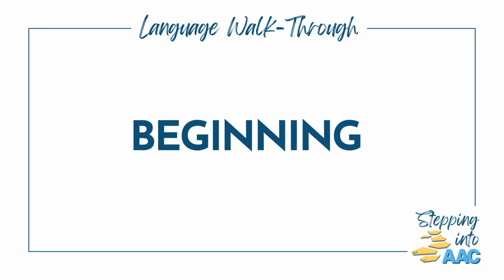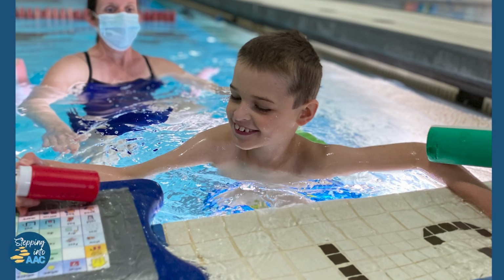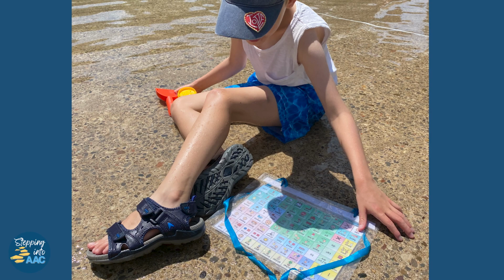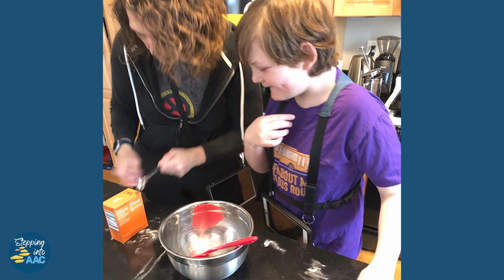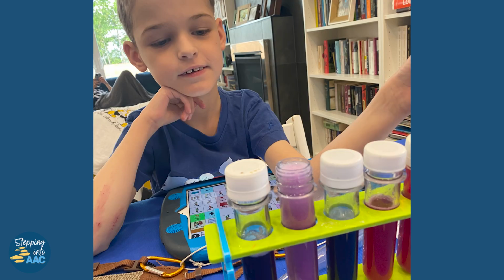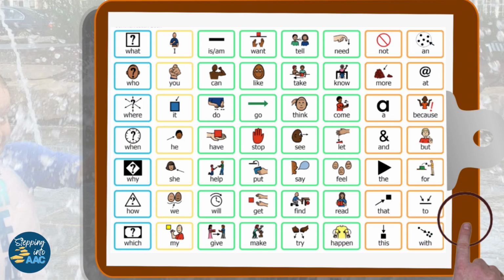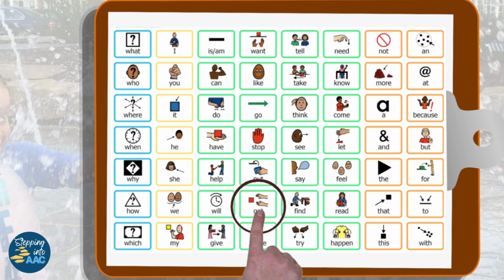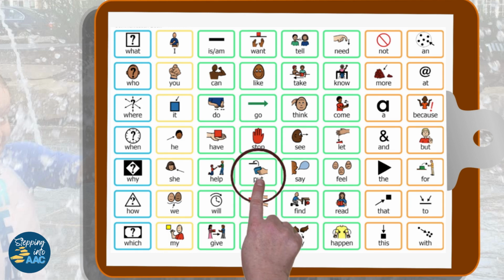Beginning. Wet or messy activities often begin with preparation. Maybe you are packing a beach bag or gathering ingredients for a cake. Maybe you're clearing a space and collecting materials for a baking soda and vinegar explosion, or to create a papier-mâché piñata. During this stage of the process, you can model get as you gather items, or put in as you